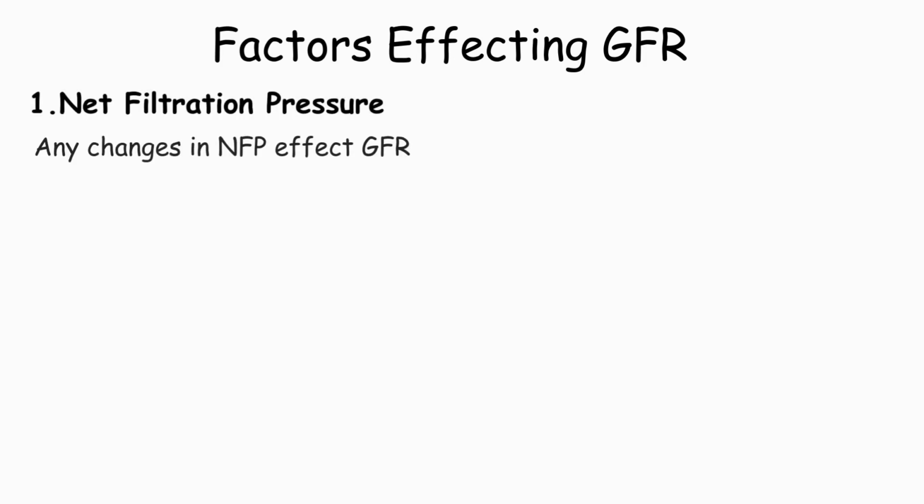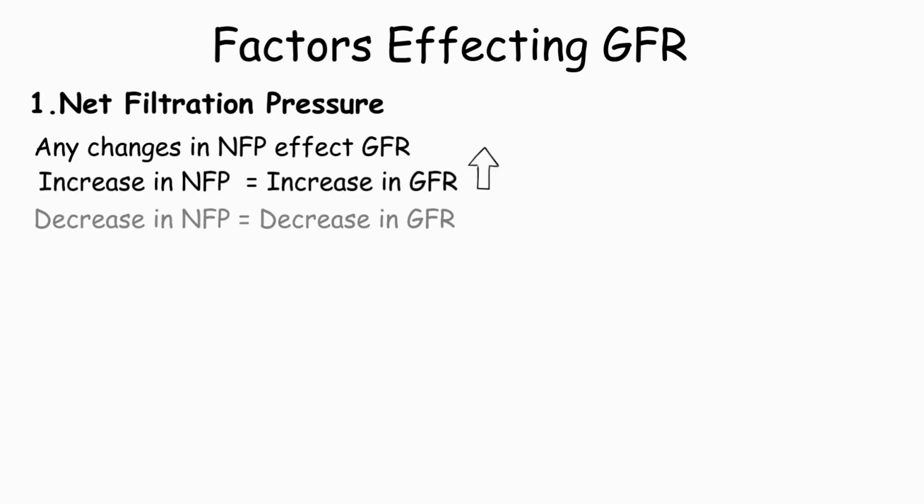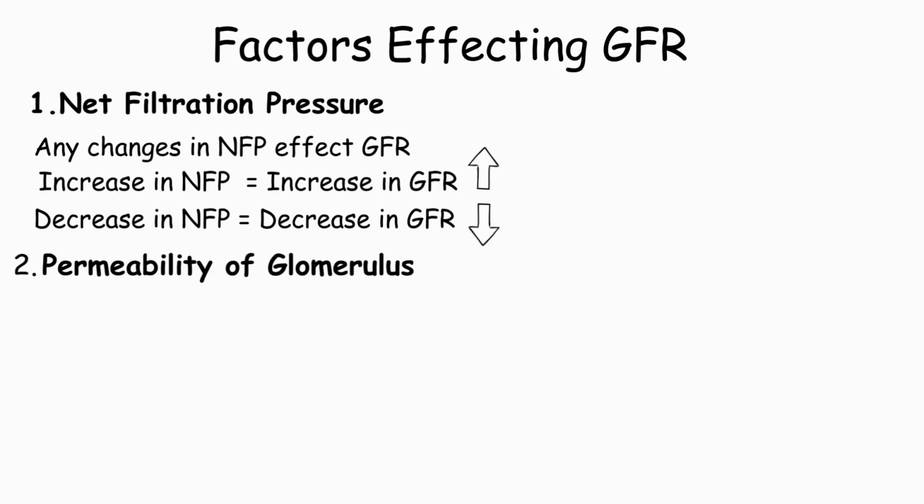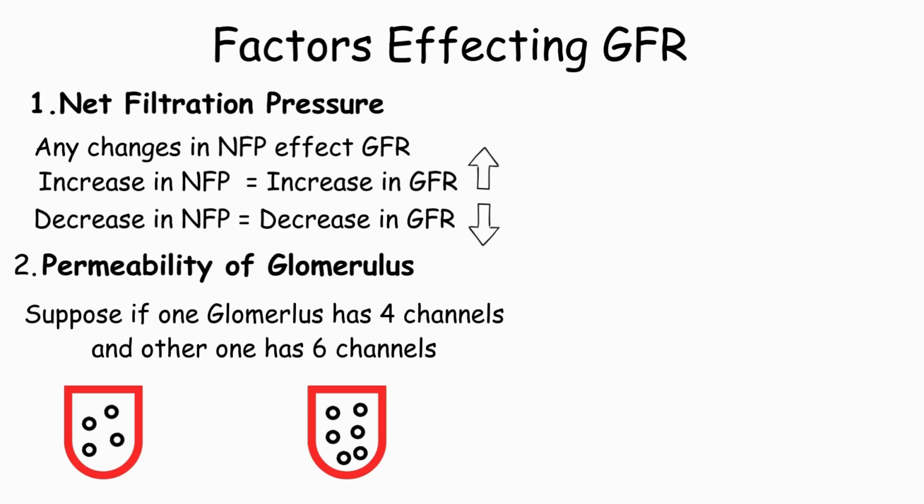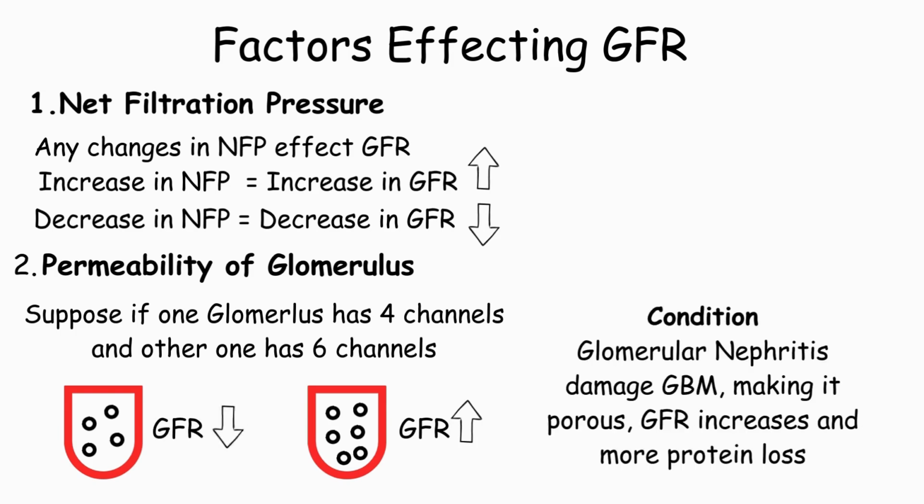Now comes the factors that affect the glomerular filtration rate. Net filtration pressure: any change in net filtration pressure affects GFR. Increase in NFP increases GFR, and decrease in NFP decreases GFR. Next one is permeability of the glomerulus. Suppose one glomerulus has 4 channels and another one has 6 channels. Then the one which has more channels will have increased GFR, while the other one has decreased GFR. Here comes a condition like glomerular nephritis that damages the glomerular basement membrane, making it porous, so GFR increases